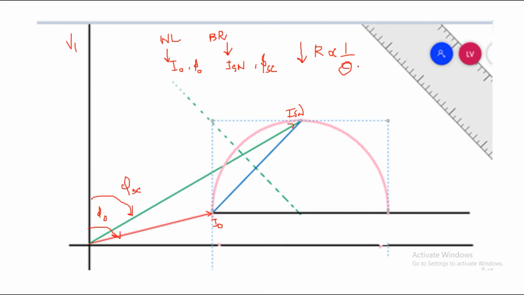So due to that we are having a larger phase angle between voltage and no load current. Whereas in the rotor part we used to have more resistance. In case you are going to use a slip ring induction motor, obviously we have more resistance while comparing with a squirrel cage induction motor.